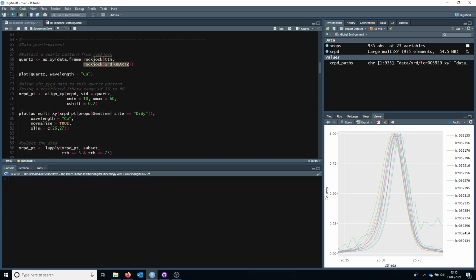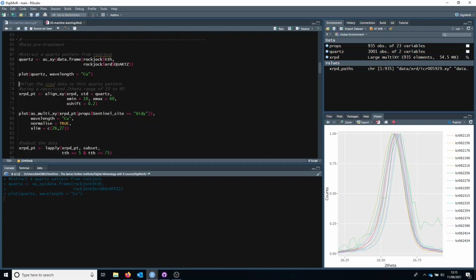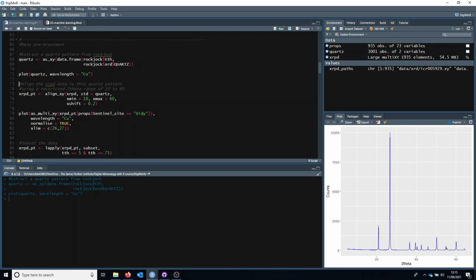And we'll first create a data frame from that, and then we'll make sure that it's an XY object as well, just so we can have a look at it afterwards using the plot method for XY objects. So we plotted that, and this is the quartz pattern, the quartz standard that we've derived,